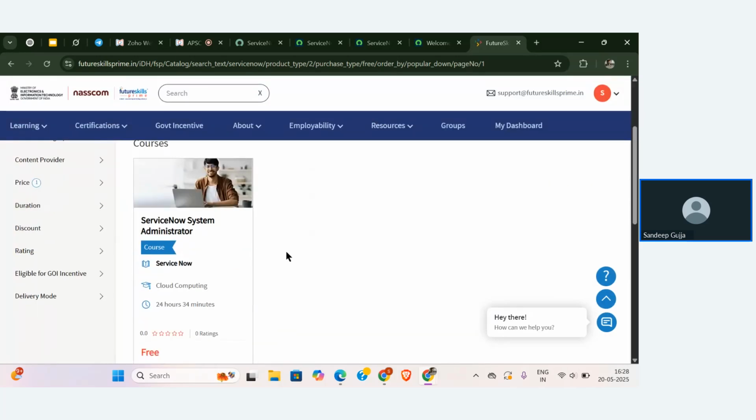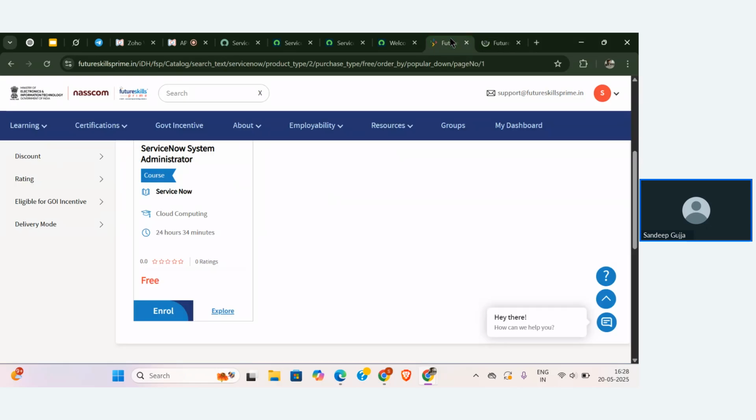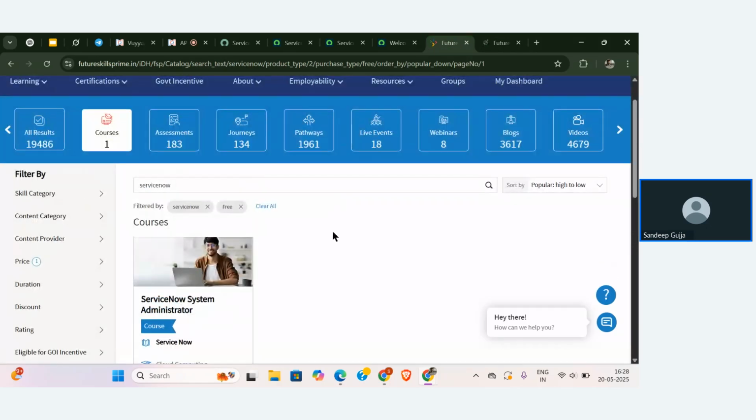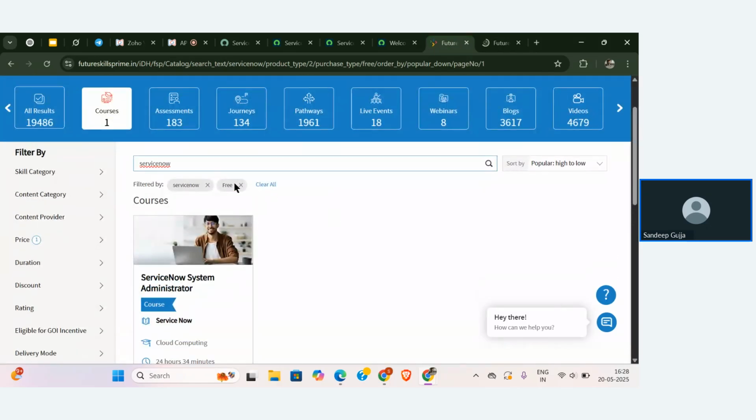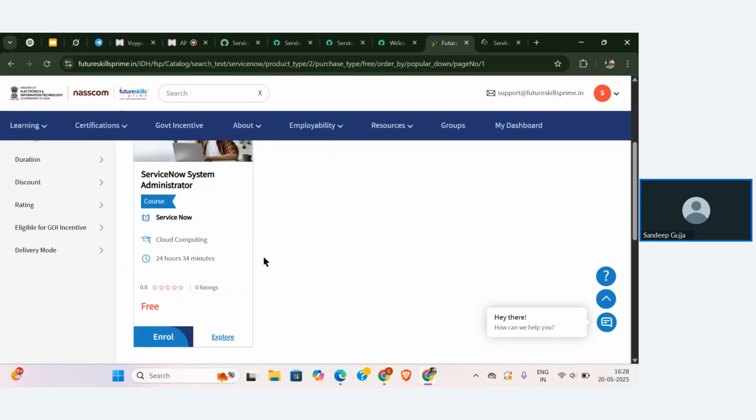If you click on this particular ServiceNow, this is the course you need to enroll for. Click on that and click on enroll. You can just search for ServiceNow, then System Administrator, and you can see there is a 24 hours 34 minutes course. Click on this enroll option, then it will be enrolled for you.